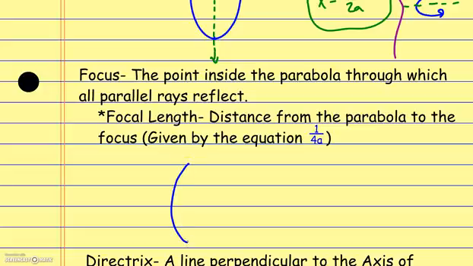If I have a parabolic curve here, and I start shooting parallel rays into this, and let's say maybe this is a mirror and these are rays of light, what's going to happen is they're going to bounce off, and they're going to go to a very specific point inside this parabola. Okay? And if I were to shoot another ray in here,